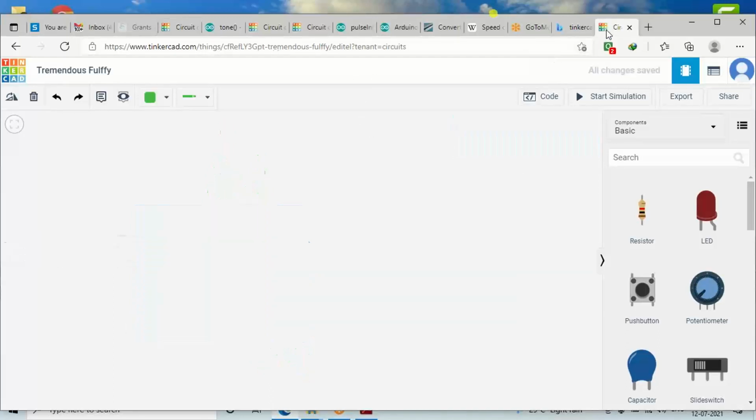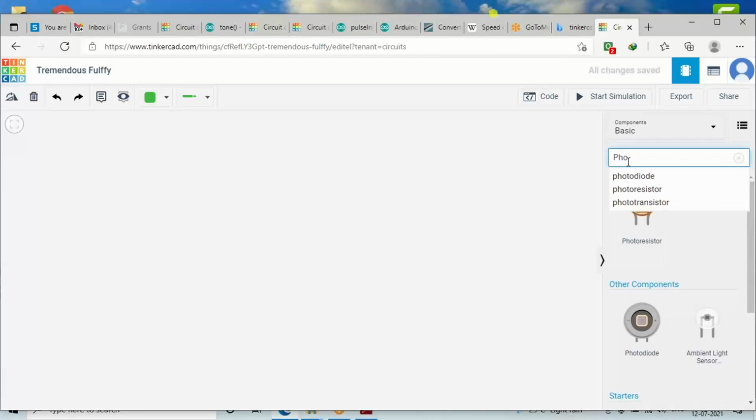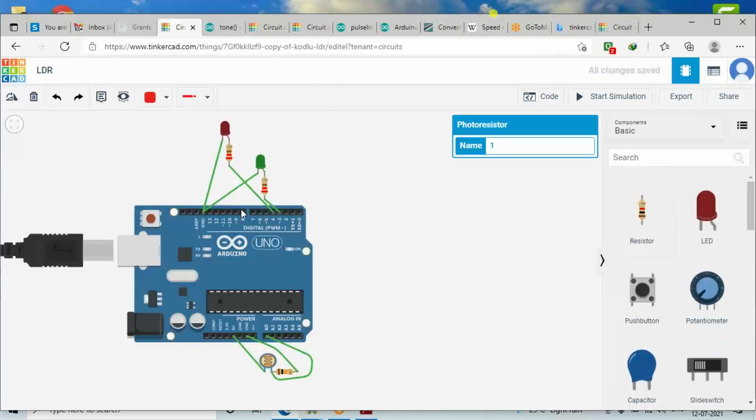So you can even search them with the help of some other words, because LDRs are also referred to as photoresistors. If you just write photo, you will get all the options. You can directly search photoresistor and you will get it like this. So what we have to do is, if you look at this example which I have already prepared,